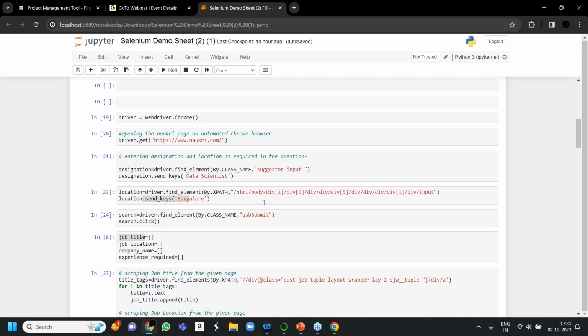Using Beautiful Soup also, it's better if you scrape URLs using this only. There is nothing different for Beautiful Soup. I told you, whatever you can do using Beautiful Soup, the same thing can be done using Selenium. It depends on you what you think is much easier, so whatever you think you can use. But this is for the general. For assignment 2 and assignment 3, you will only be using Selenium. Otherwise, you will not get marks.